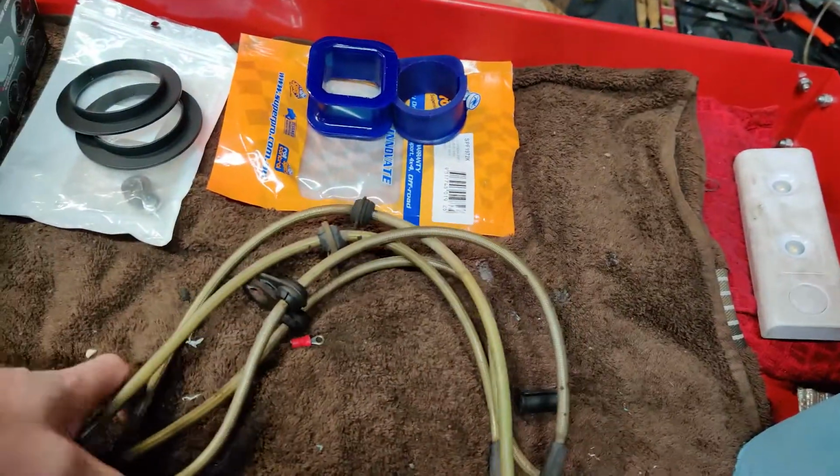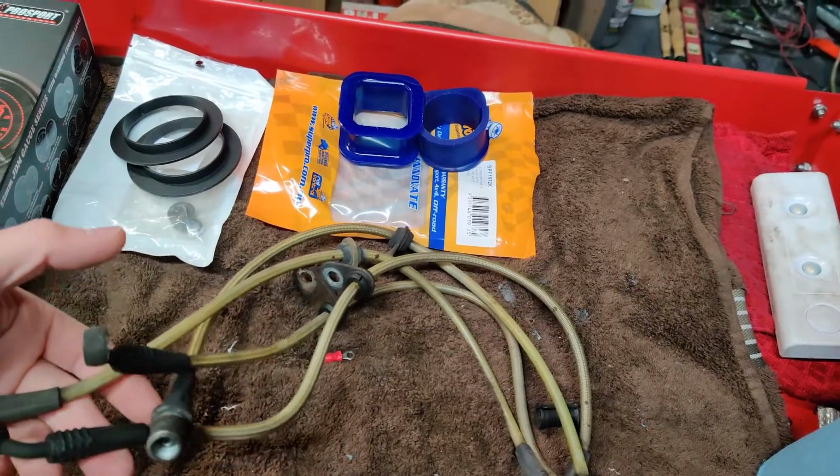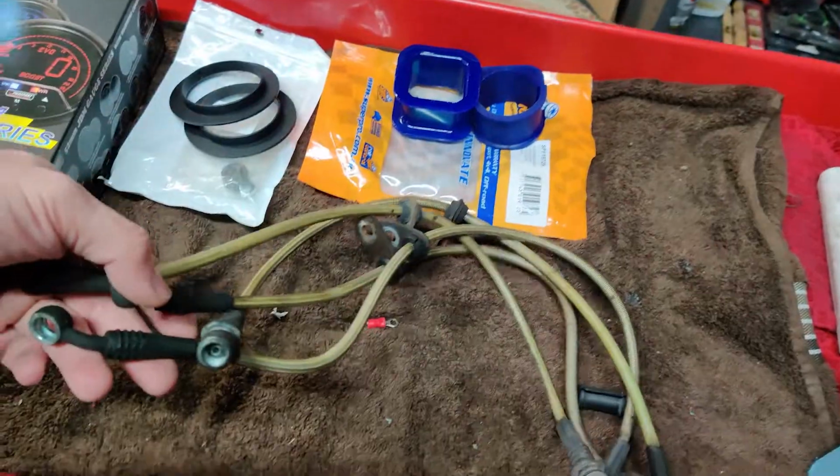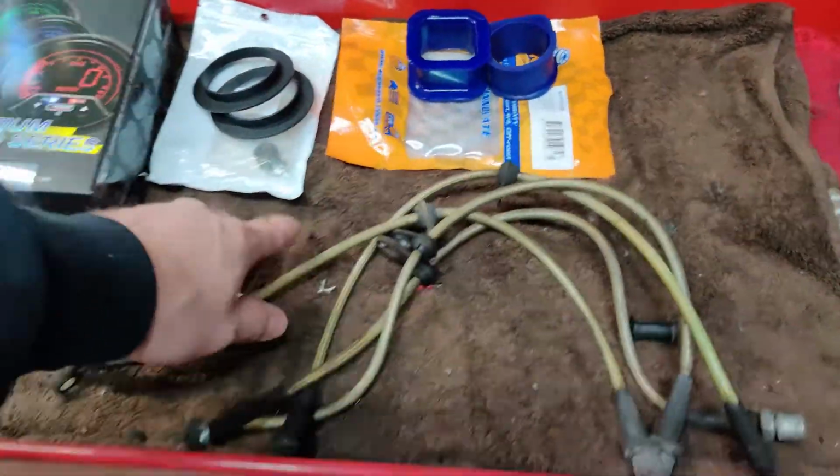And then we got some stainless steel braided brake lines. They need to get cleaned up just a little bit. I got a really good deal on them, so I couldn't really pass them up. I plan on doing the entire brake system. We'll put on new brake pads, new rotors, new brake lines, and rebuild the calipers, all that stuff, probably in a couple weeks or something. So I did get us some OEM blue carpets